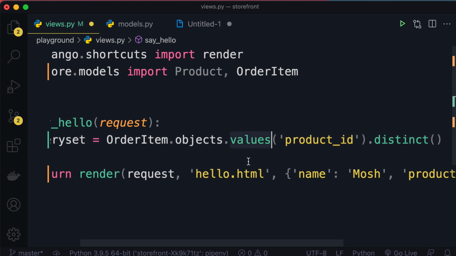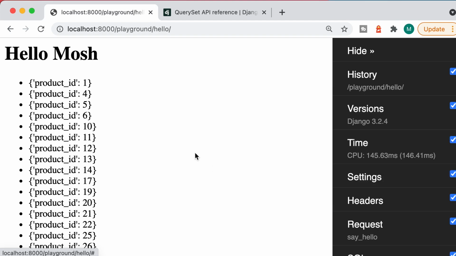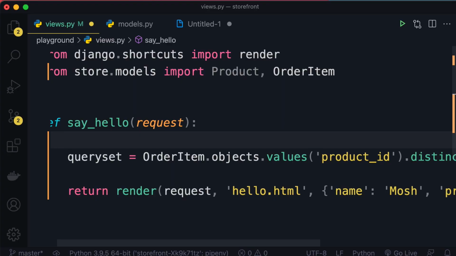So values returns a query set, and distinct is another method of query set objects. With this, let's go back to the browser and refresh. We no longer have duplicates. Beautiful. Now the last step. We want to go to the product table and select all products with these IDs. Very simple. So we're going to say